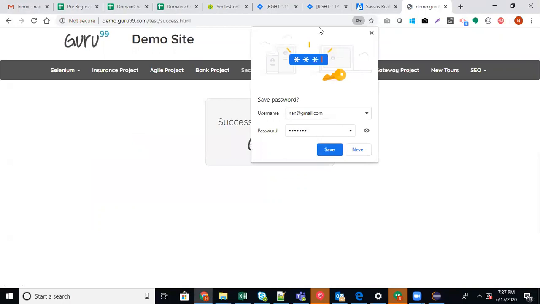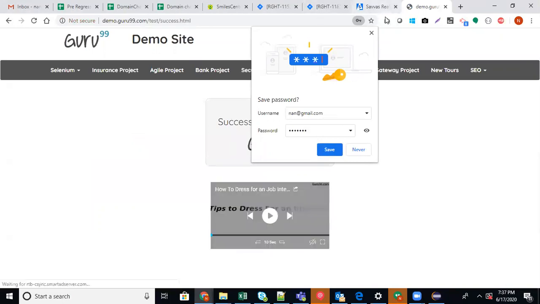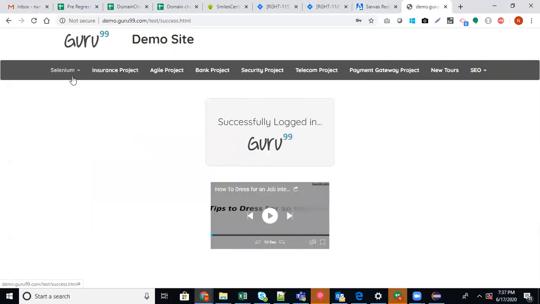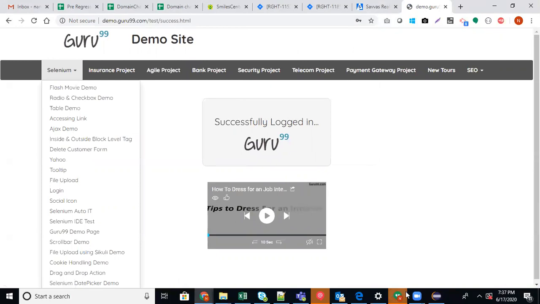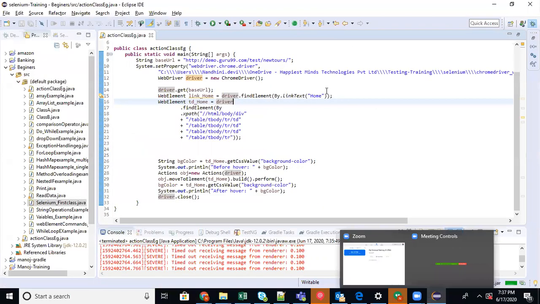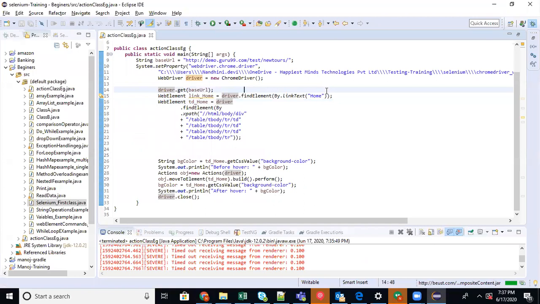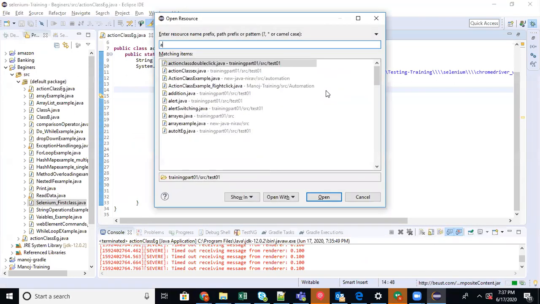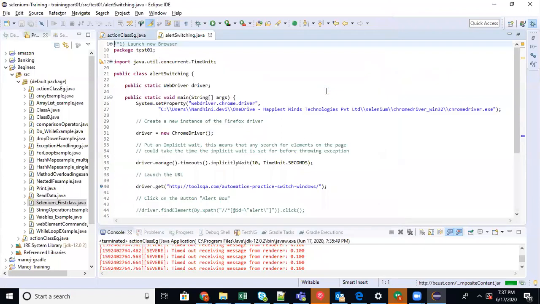This is called an alert. You have different alerts: alerts which give you accept and dismiss, or which only give accept. You have to accept anyway. These are the types of alerts. We will learn how to handle these alerts with a proper site example.